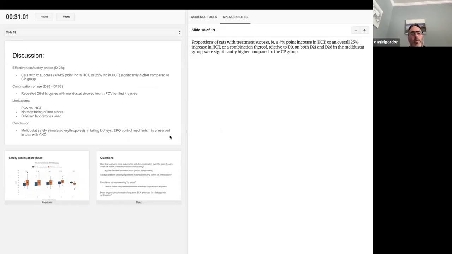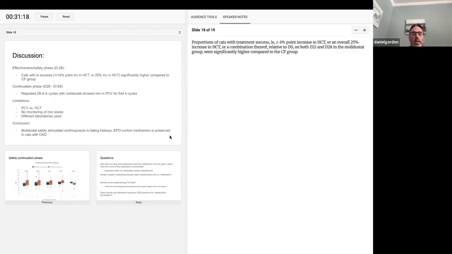And so what we could see is these cats treated with the molidustat in the first 28 days did have a significantly higher hematocrit compared to the control group. This continuation phase, up to that 6-month time frame where they repeated their 28-day cycles, did show an increase in their PCV in the first 4 cycles, not that 5th cycle. And so that's where my question comes from of what's happening with those cases in that particular group and